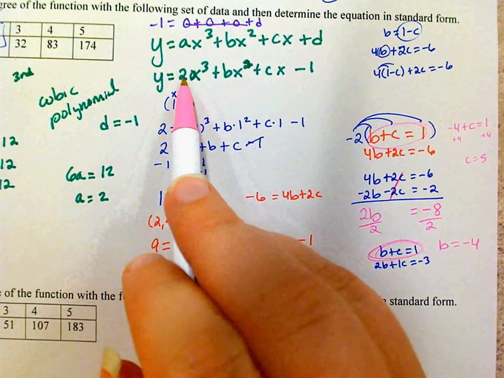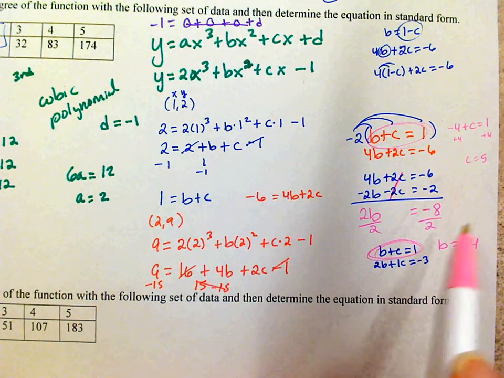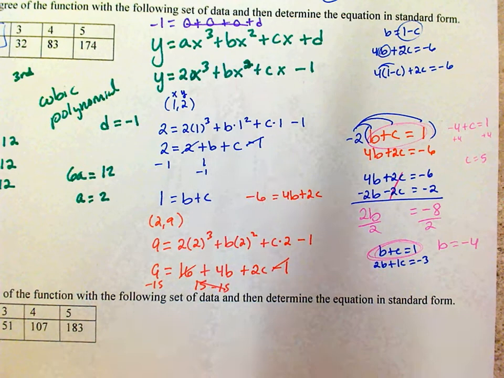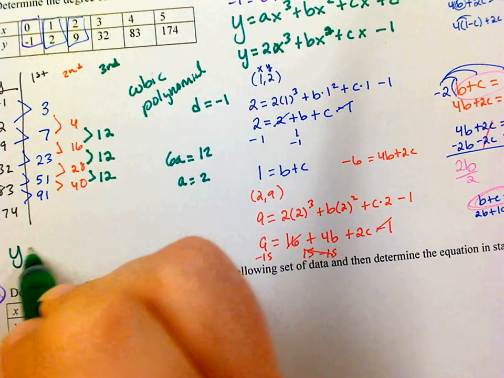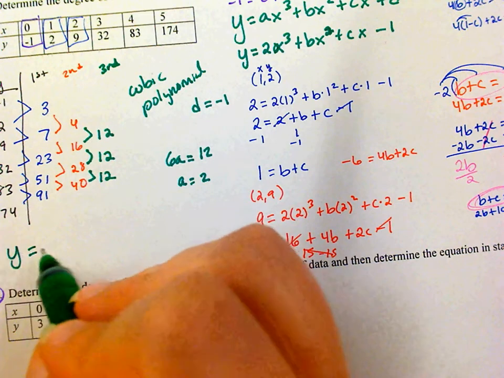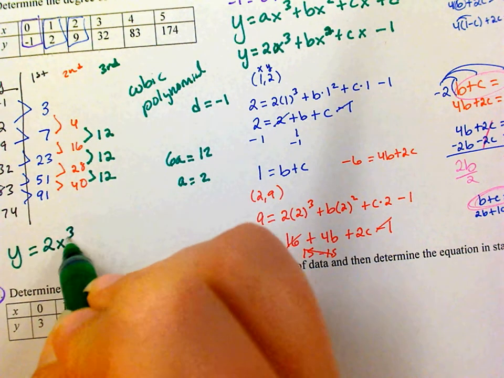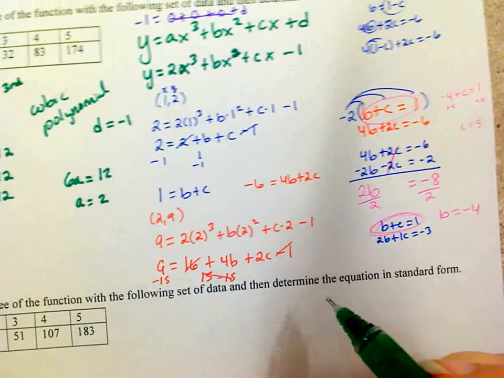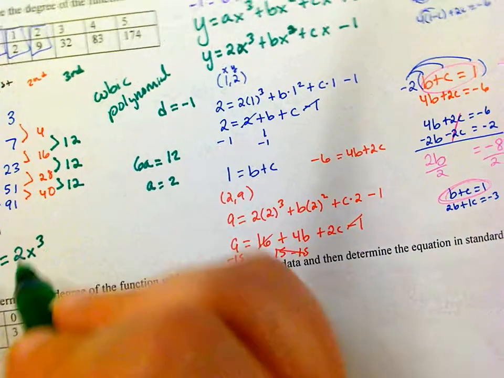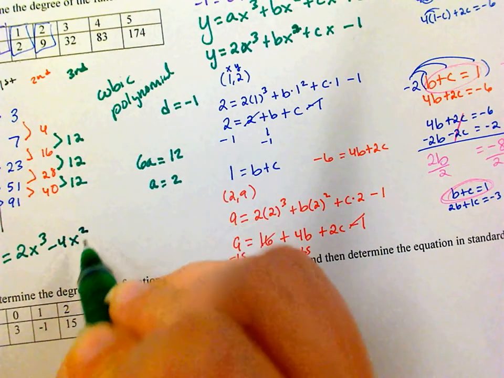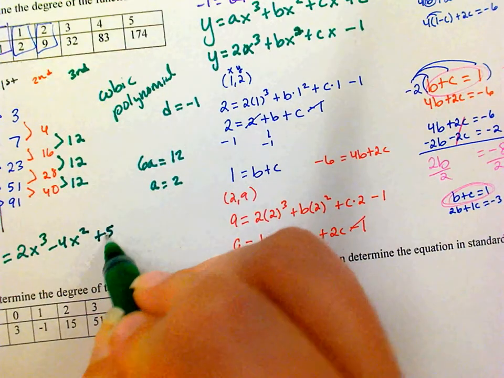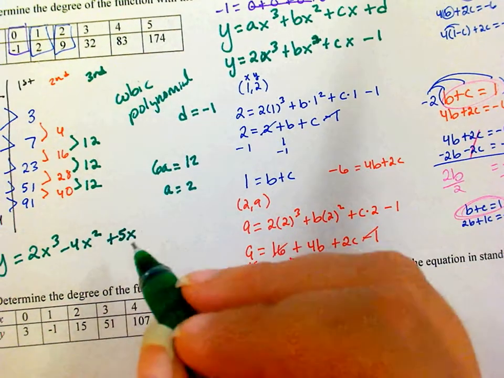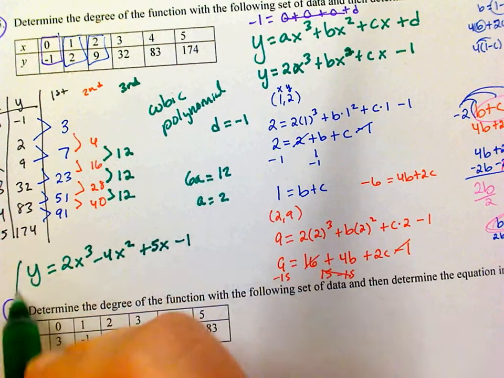So final answer, y equals A, which is 2, x cubed, plus B, which is -4, x squared, plus C, which is 5, x, plus D, which is -1. And there you go. Okay? Alright, so